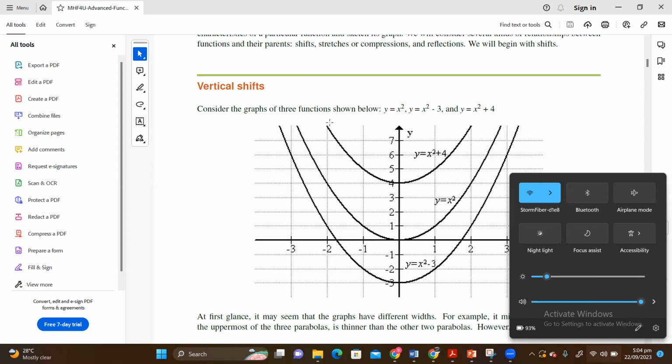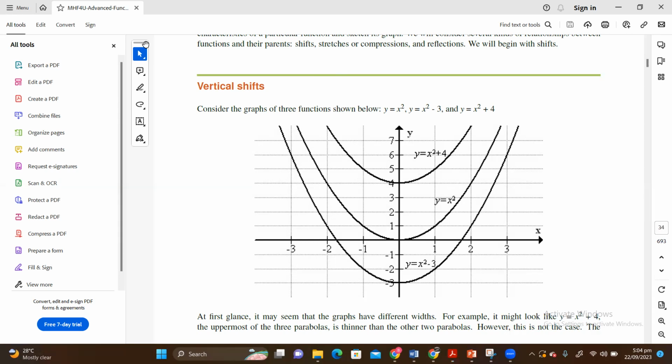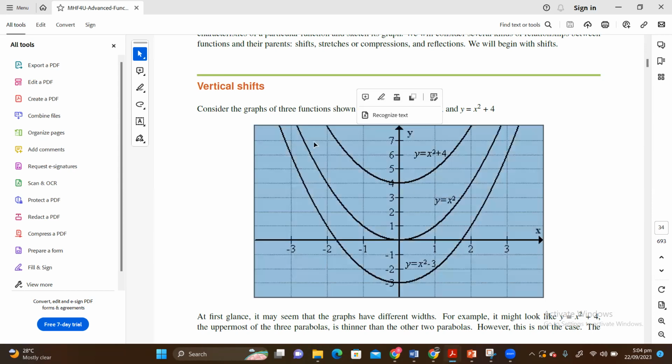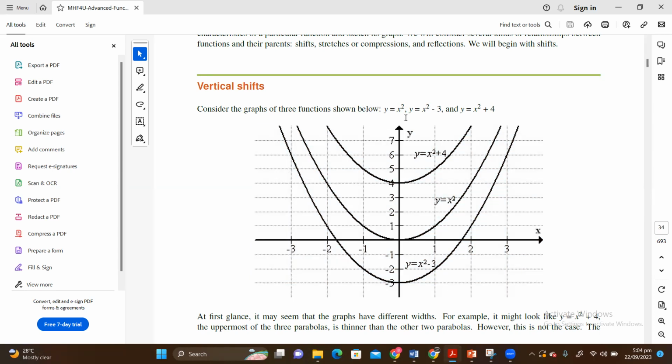Consider the graphs of three functions shown below: y is equal to x square, y is equal to x square minus 3, and y is equal to x square plus 4. So the main graph, the original graph, is